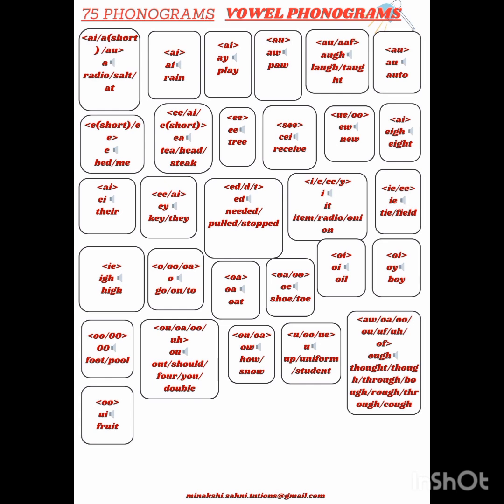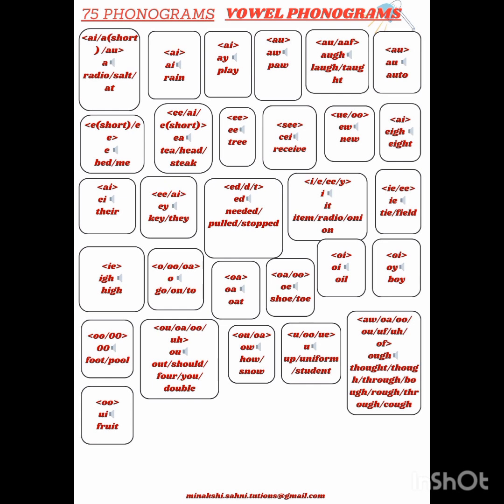Although these sounds can be made, it is used only with words starting with vowels. Okay, then the next is ea. Now here, the grapheme ea is making the sound of long e, long a, and short e, as in long e sound as in tea, short e sound as in head, and long a sound as in steak. See here, the grapheme ea is making three different sounds, that is long e, long a, and a short e